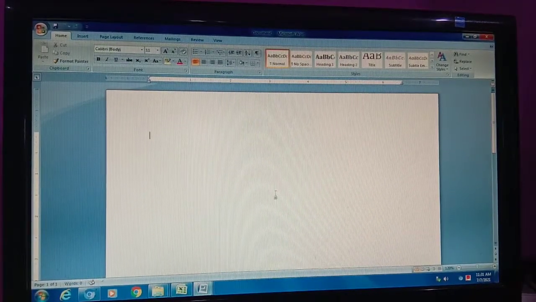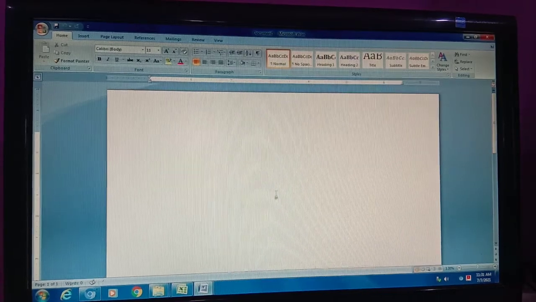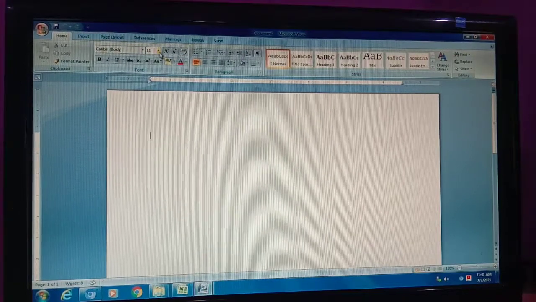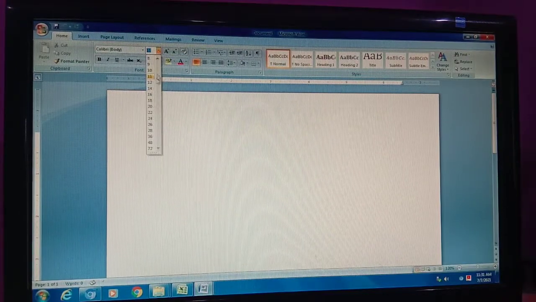Okay, so today I am going to type a simple paragraph. I am making the text larger so it will be visible to everyone. From here you can choose the size. I am selecting 16.